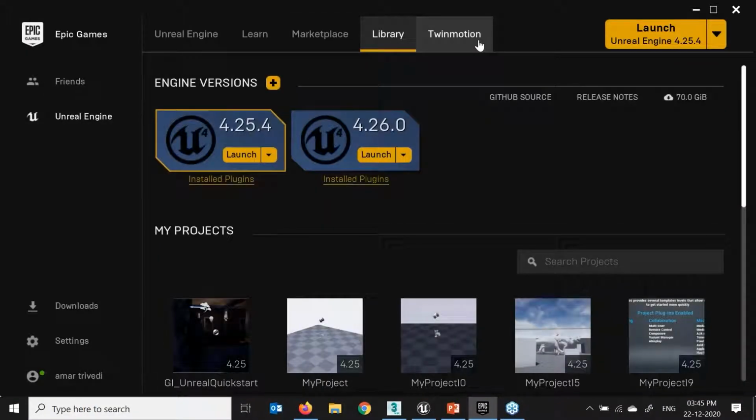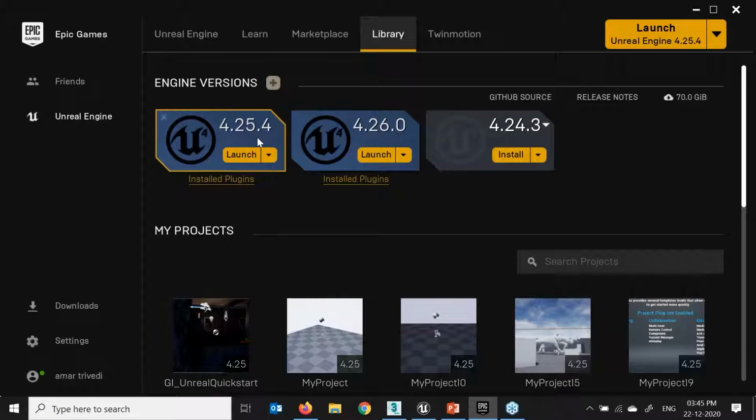Now we'll talk about the library. If you see, recently they have launched 4.26.0. That's nearly 12 GB of software that we need to download. Whichever version they have released, we can easily download with this plus button. If I click on this plus button, you will see 4.24 is there.